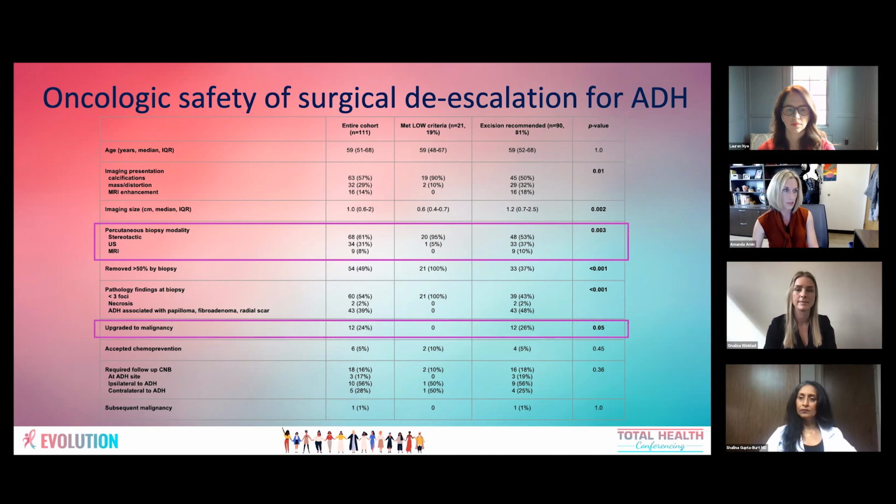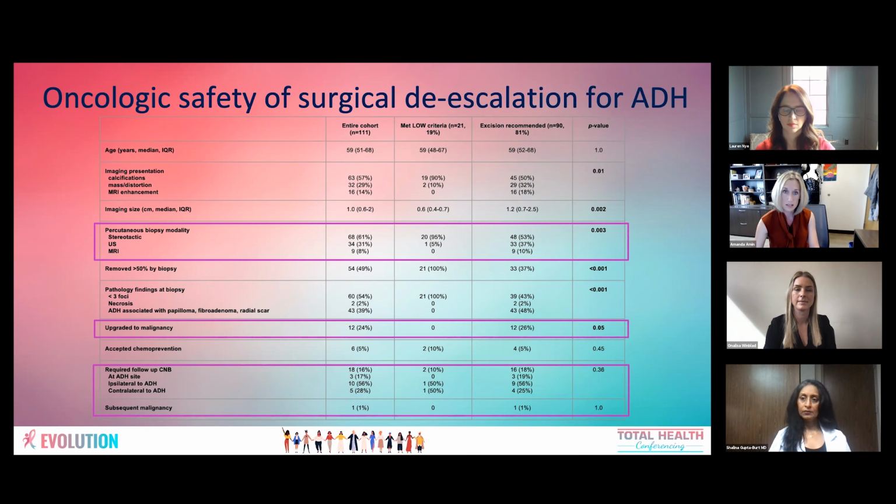They obviously all had their target removed. A few of these women still went on to surgical excision, but none of those women that met the low risk criteria upgraded to malignancy, again confirming our findings that we have identified that low risk group. Those other patients who were recommended for excision, 26% of those women upgraded to malignancy, so clearly at higher risk